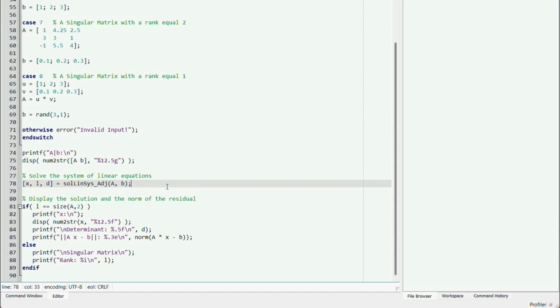So here, matrix B equals one single column B. We test only one single column, but if the algorithm works for one single column, it works, of course, for the other columns. So let's save it